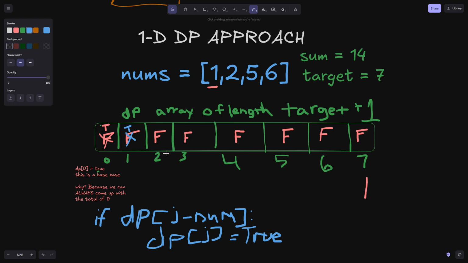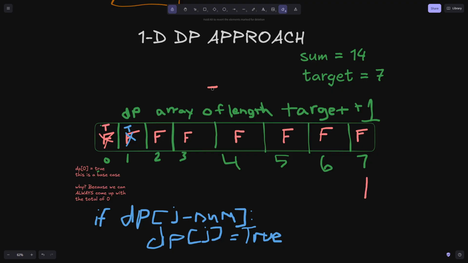That should make sense, by the way, because when we're at this num 1, of course we can create the sum 1 from this 1. We can just take this 1, we can create a sum of 1. That's like a subset. Okay, so now what we're going to do is